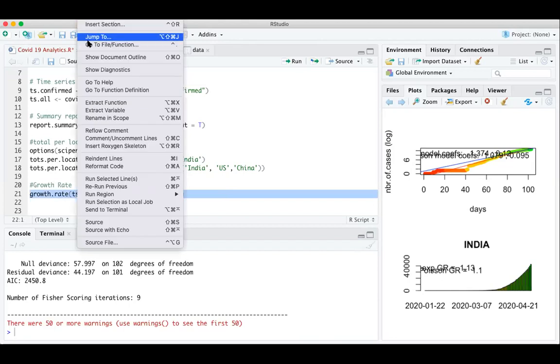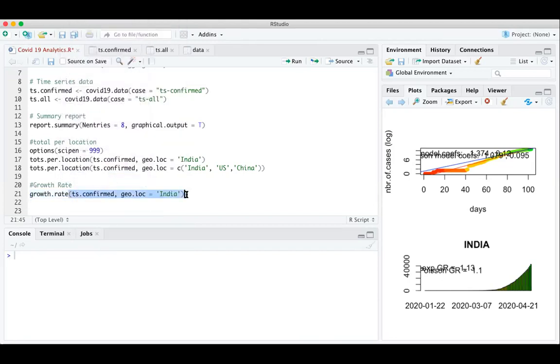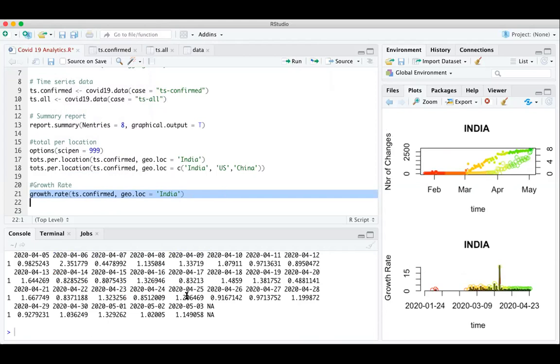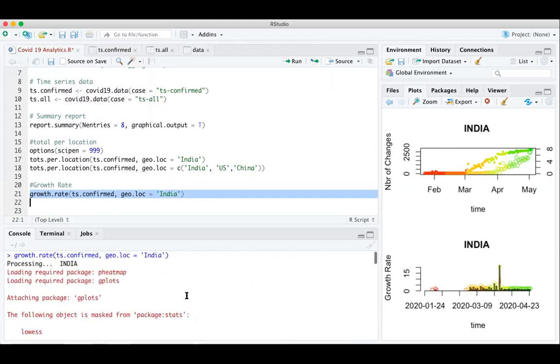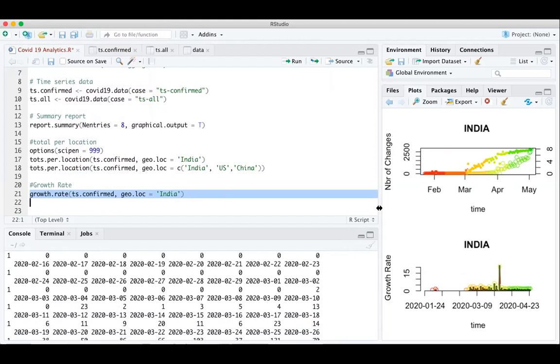Okay, let me clear the console. I'm just clearing the console to see the effect of the latest command. Okay, so now the data has been loaded and the graph is created on the growth.